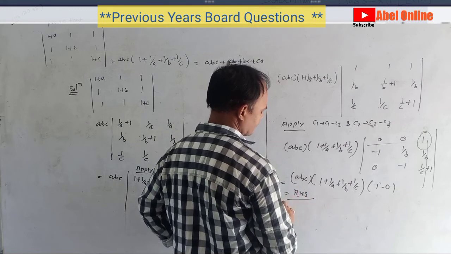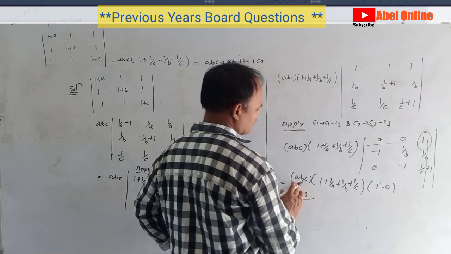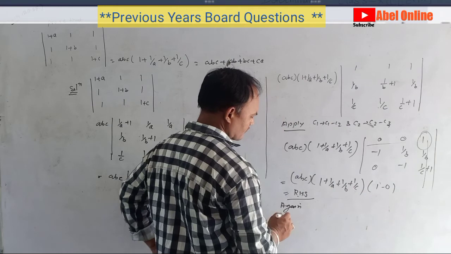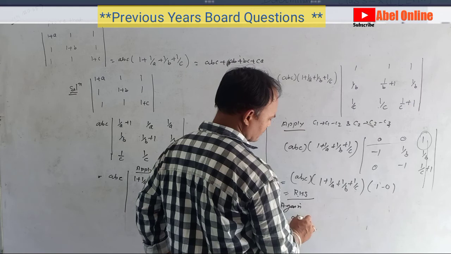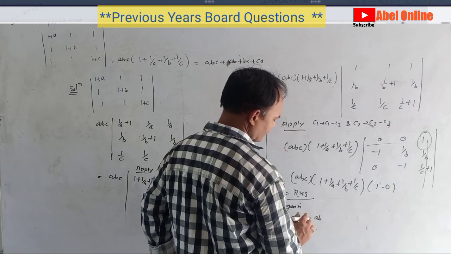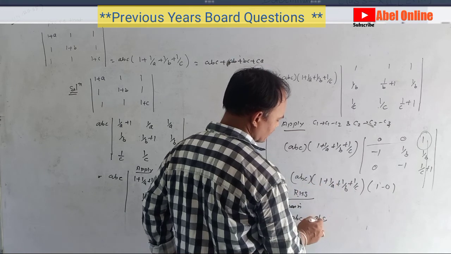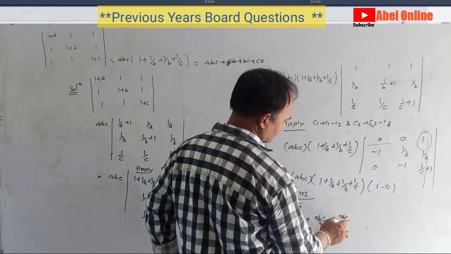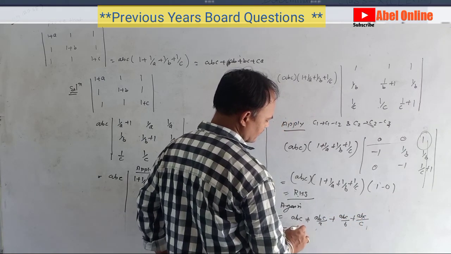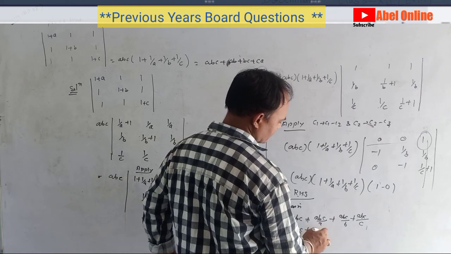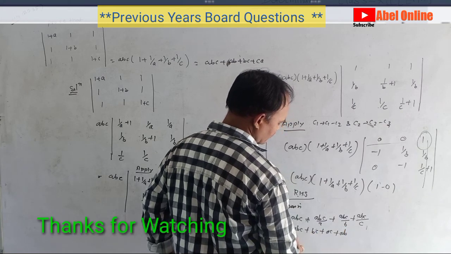Okay, now again, abc is the common. Just multiply them again. So after it, it is abc. Multiply abc by all the elements. So it is abc upon a, abc upon b, abc upon c. So we can say that it is abc, it is bc, it is ac, it is ab. So this is also your RHS.